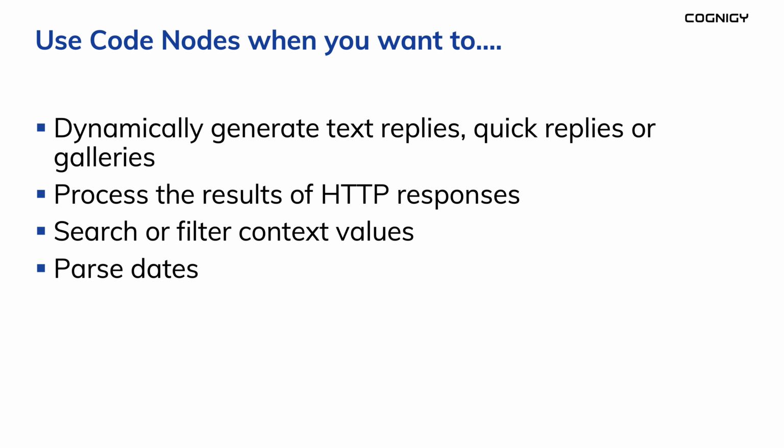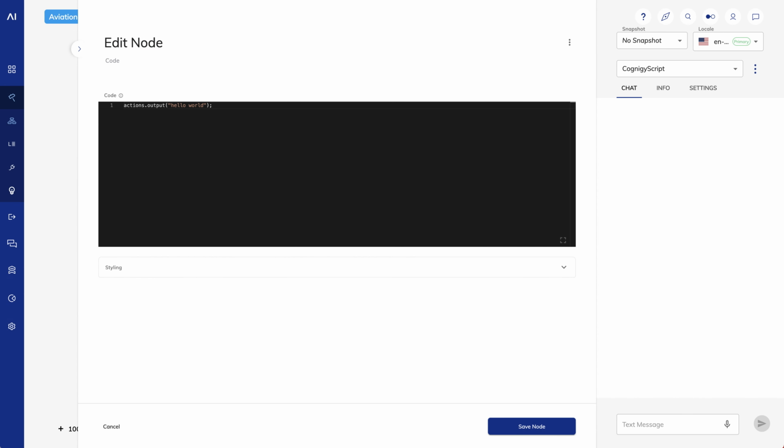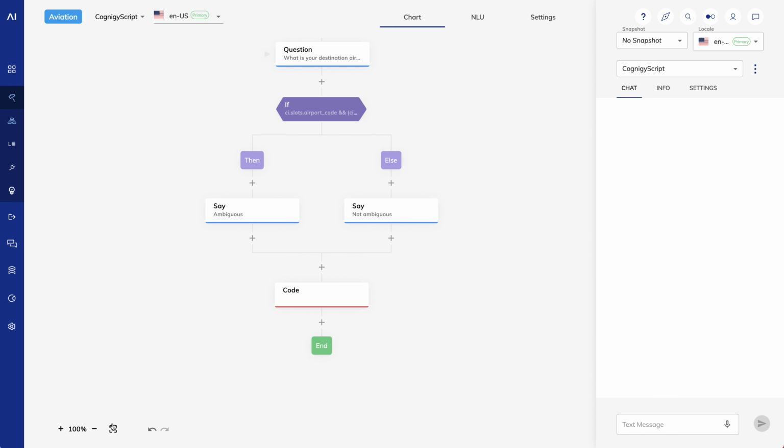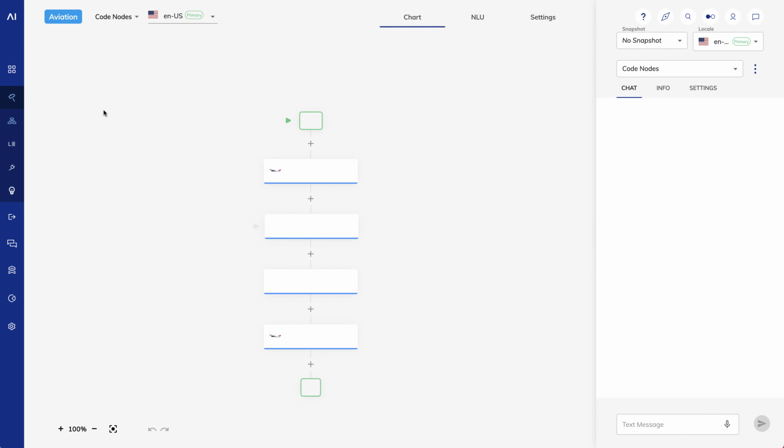Let's look at an example that combines a number of these. We'll request flight data from Aviation Stack as we did in a previous session. When we get the results back, we'll check for flights that haven't landed yet and output quick replies to let a user choose to see detail on a specific flight. To get us started, we'll work with the simple flow I've built. Think of it as an excerpt from a conversation with a user checking on the status of their flight.